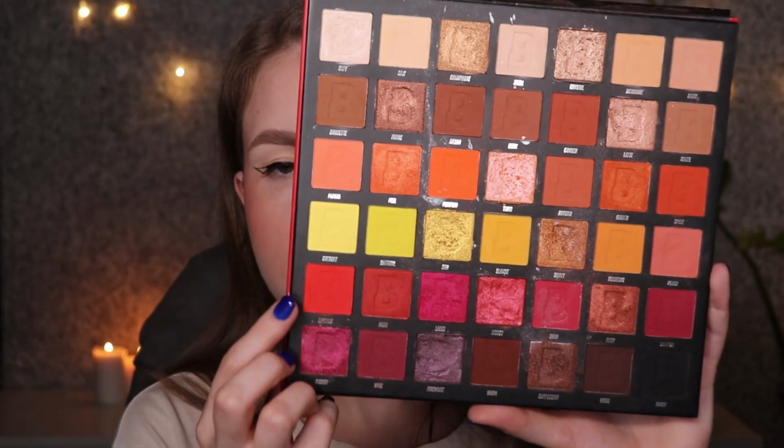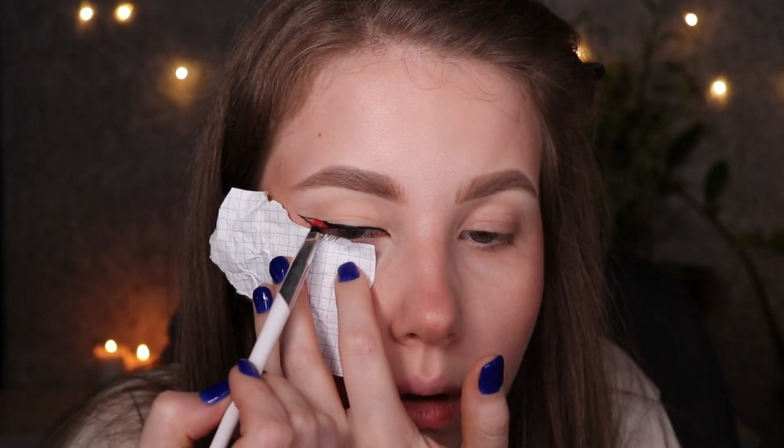Let's add the lipstick shade first. This one is sort of a red color, and I want to cover my face from the fallouts, because there are going to be definitely some fallouts. I did my makeup look with orange colors a couple of videos ago, and when I was editing, I realized that I had so much fallout underneath and it looked weird. I'm going to use my angle brush,